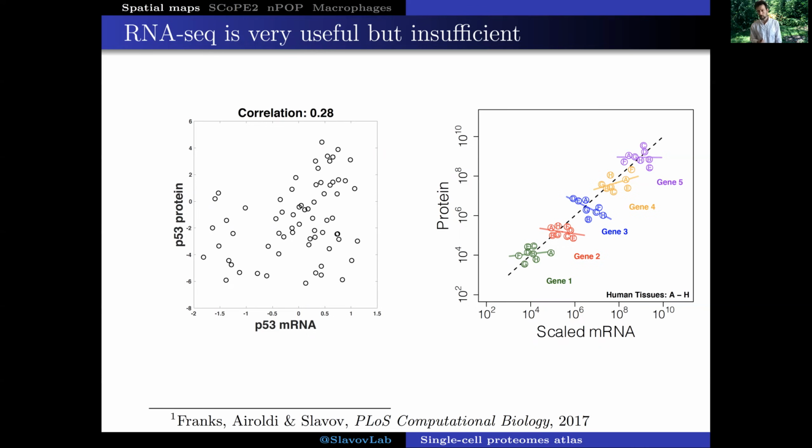In particular, here on the left, if you look at the abundance of p53 transcript and protein, you see that across human patient samples, the correlation is relatively low, which in this case, of course, is related to p53 being regulated primarily via degradation. The RNA is constitutively expressed, the protein is more or less constitutively synthesized, and then the abundance is determined by the degree to which the protein is regulated, which of course explains why the correlation between the protein and RNA is only weak.